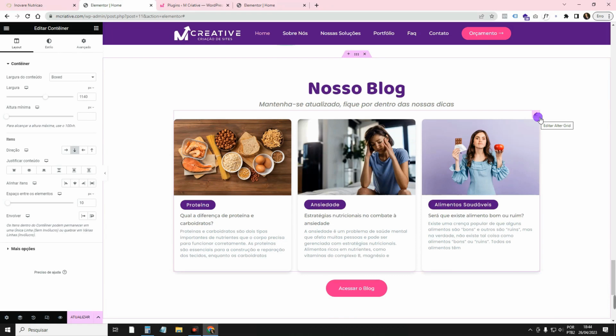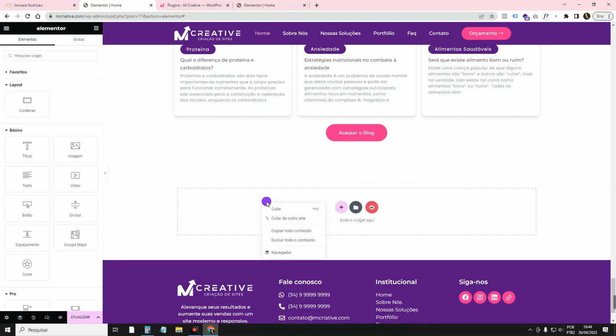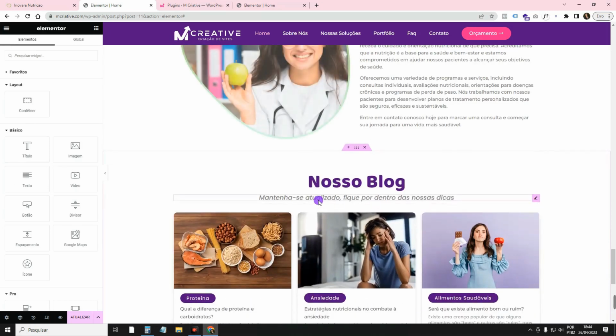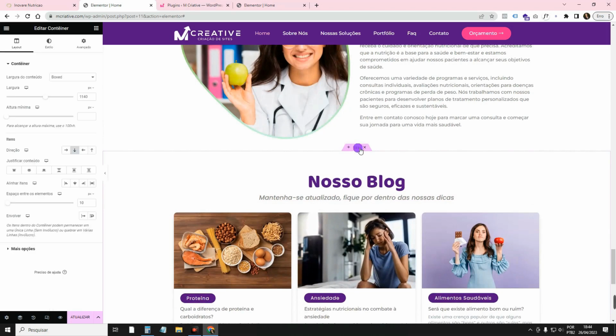I can't tell you for sure which update had this feature, but I saw that it's already in the last updates. In the last 4 or 5 versions, it's already there, okay? So it's up to you. Take a look. If you have it here, when you right-click, paste from another site, it's because yours is already active, okay? Another thing you have to pay attention to: if you made a container and you want to paste it on a site that is not active, it will not work. So it has to be container to container, column to column, okay?